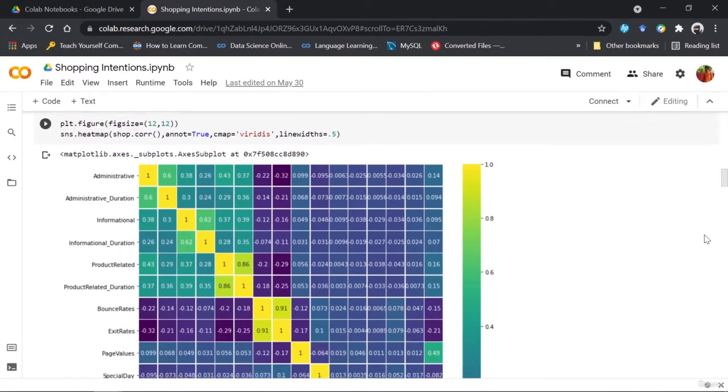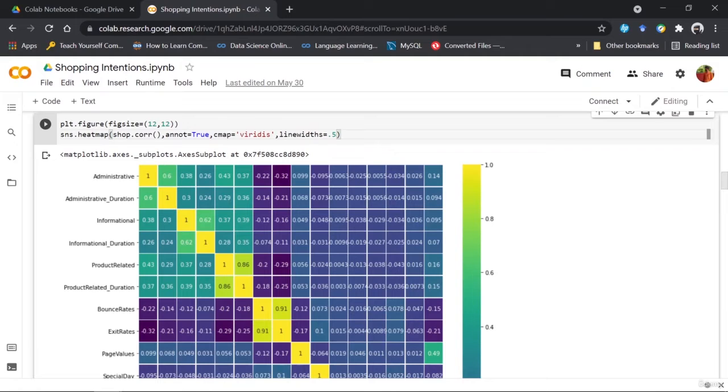So I'm simply moving forward to look at the correlations for all the columns. I'm using matplotlib to size out the figure, and using seaborn, the heatmap function, which is building me a map for each of the columns and their correlation.